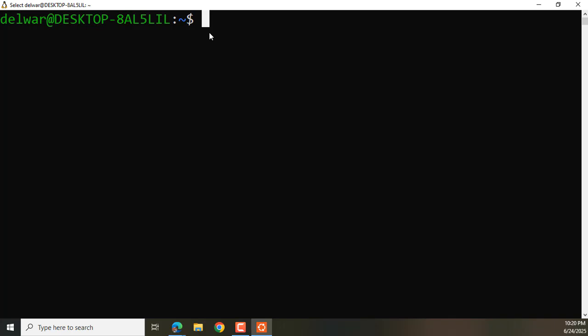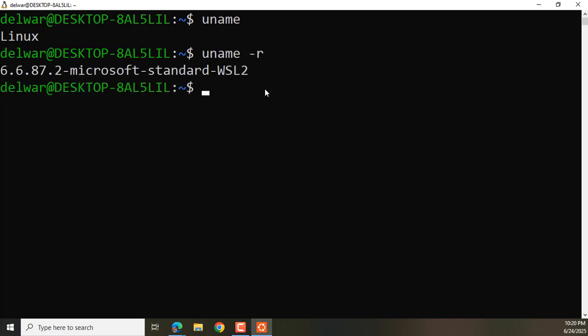First we will see which operating system I have installed. So we are in a Linux machine now. You can check yourself with uname, and if you add uname -r, then you will see which version of Linux you have installed. If you have Ubuntu, then you will see the Ubuntu version here. So let's start our first Linux command, that is